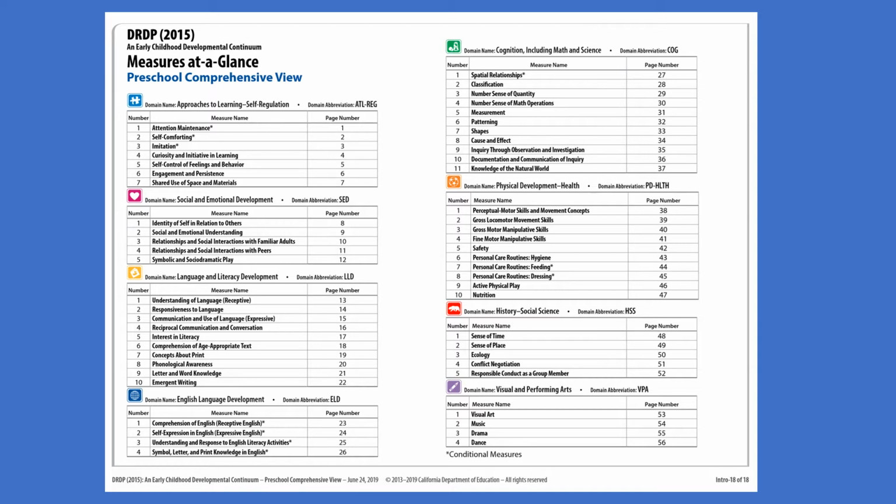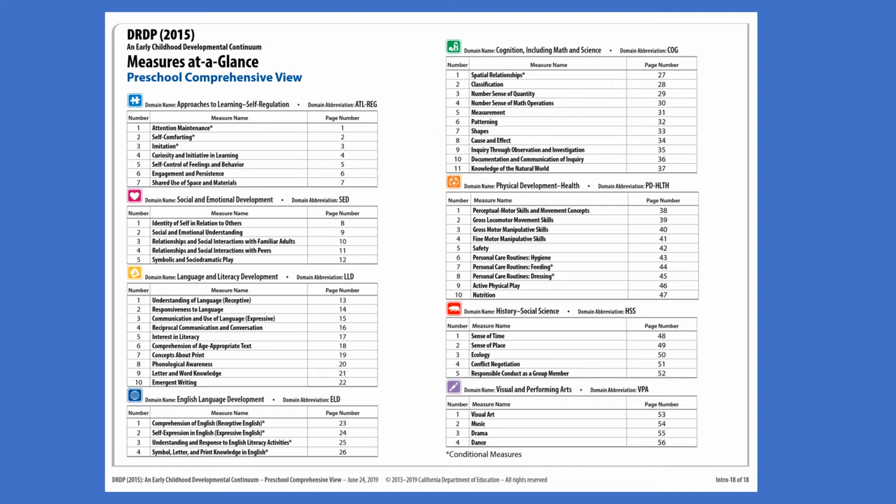Then you have cognition, which includes math and science measures. You can see those are numbered 1 through 11. Again, the numbers are just organizing numbers for the teacher. So for example, I've used this so frequently over the several years of teaching on the project approach that when I'm brainstorming the measures that I'm going to integrate, because we want to integrate standards into project as we build that curriculum, I know right away, oh, okay, we're going to focus on classification. Classification is most always a part of some early project work activities. So I'm like, oh, Cog 2, that's what I'm going to build in.